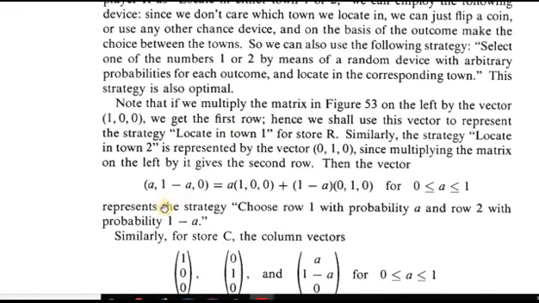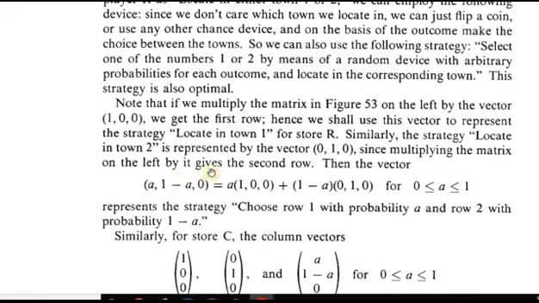So in fact, we could employ what you might call a mixed strategy. The row player could flip a coin. He could say, okay, I'll flip a coin, 50-50 I'll locate in town 1, 50-50 I'll locate in town 2. And that would mean that we place a weight 1/2 on town 1, weight 1/2 on town 2, weight 0 on town 3. So these numbers would represent probabilities. If he used that strategy, he'd get 50% of the business.